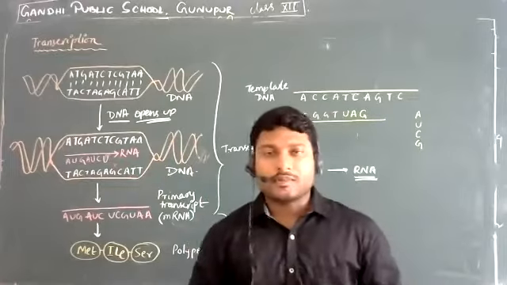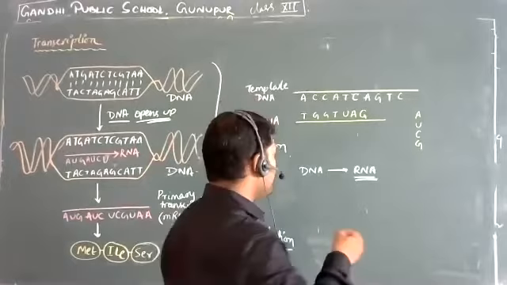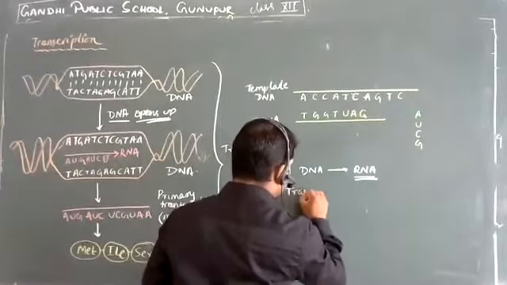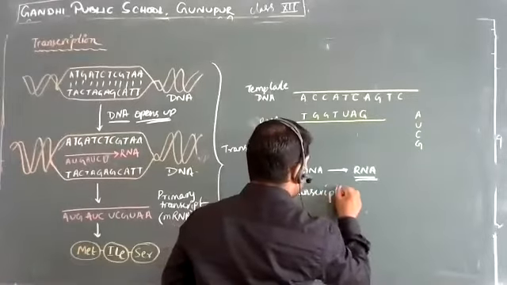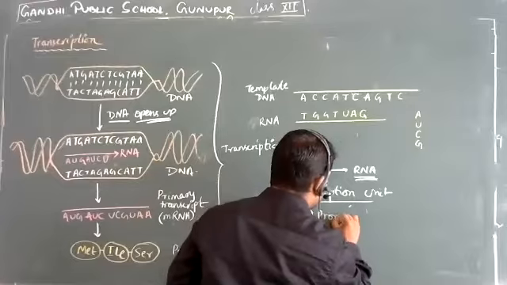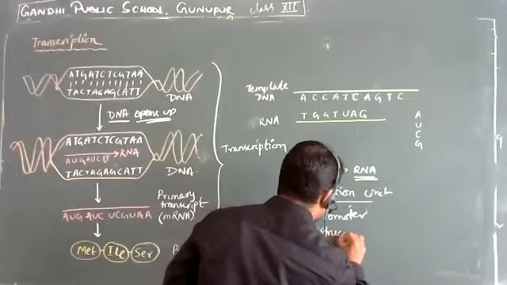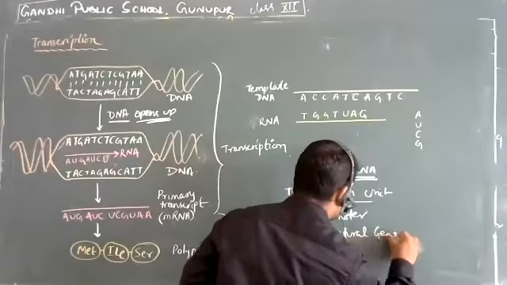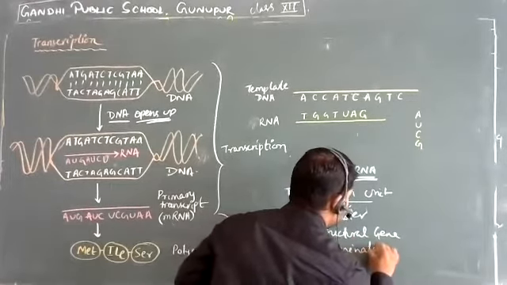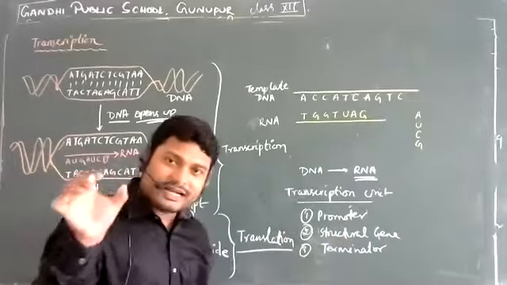Now, yesterday when we were talking about the transcription unit, we talked about the 3 components of a transcription unit, and I hope you remember that. That is your transcription unit. If I can write down transcription unit, we are going to have the promoter, we're going to have the structural gene, and we are going to have the terminator. Very good, terminator. So based on these 3, these 3 together form a transcription unit.